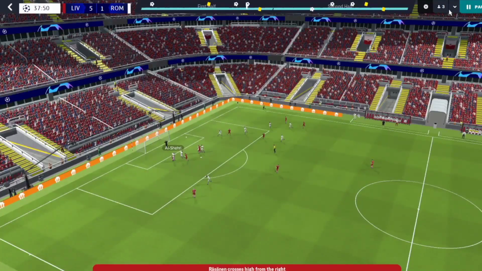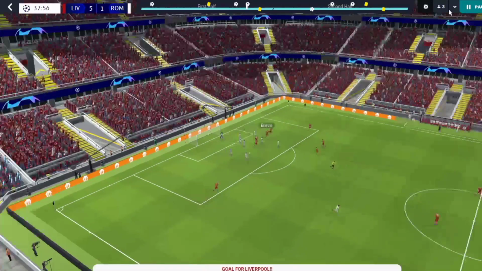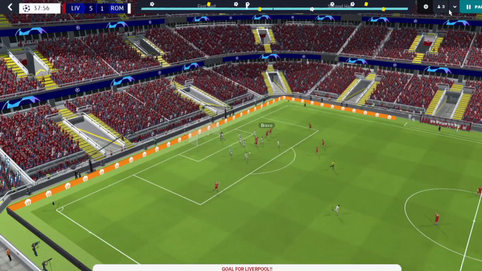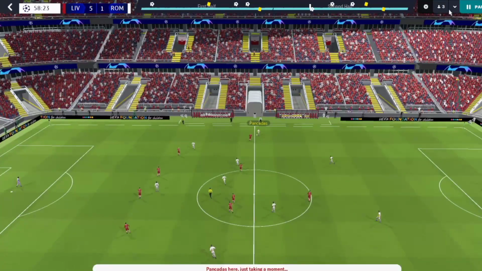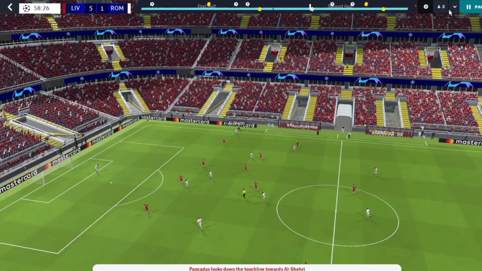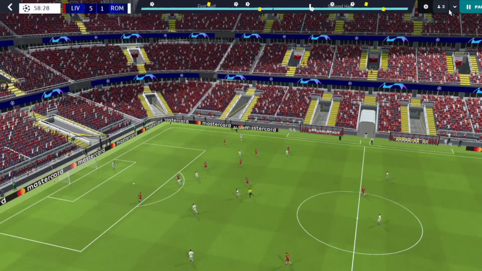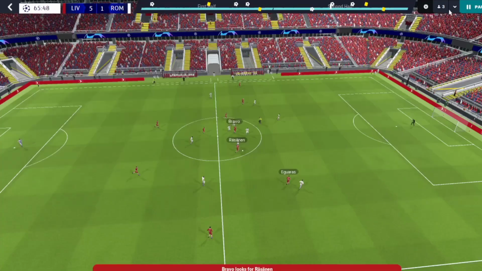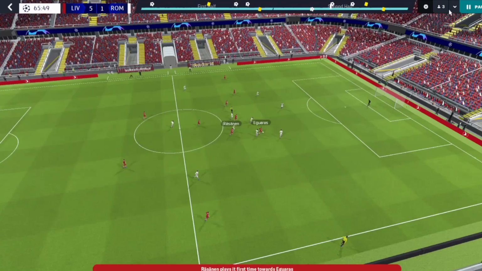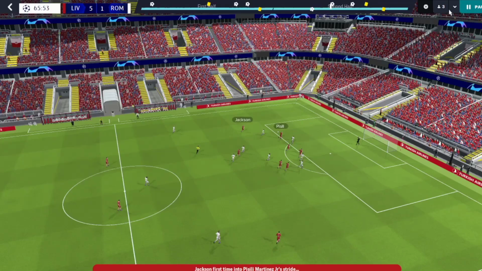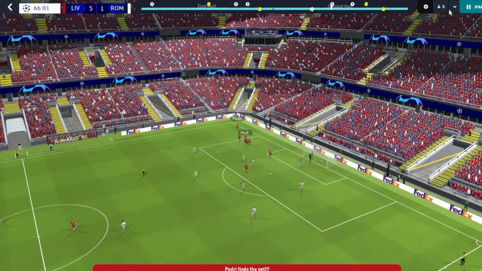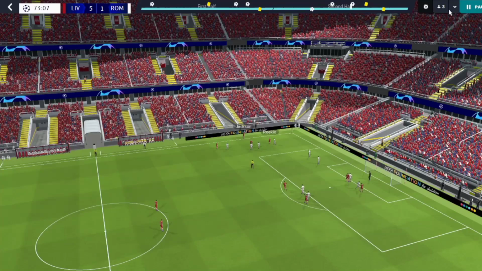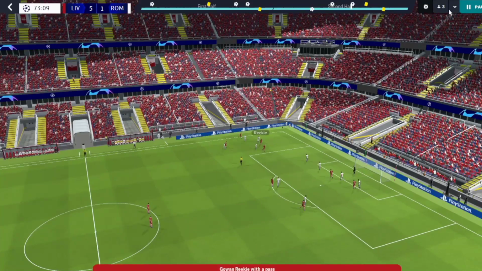One of the things you have to understand about this is, okay, with this formation or style of play, there won't be too much safe play. When I say that, most of your passes will be riskier. There will be nothing like safe passes or anything like what you're seeing on your screen there. One touch, one pass, goal. And one of the things you have to understand is that one of the reasons this position is